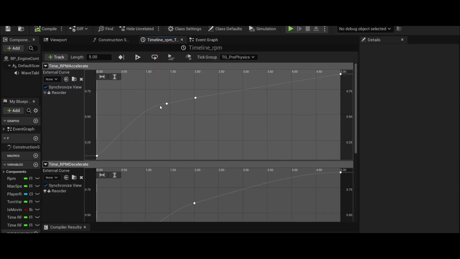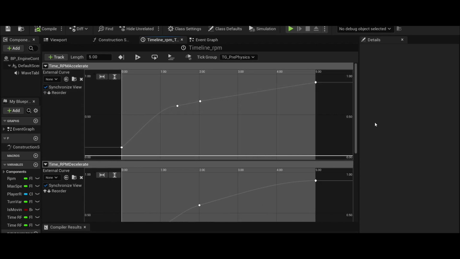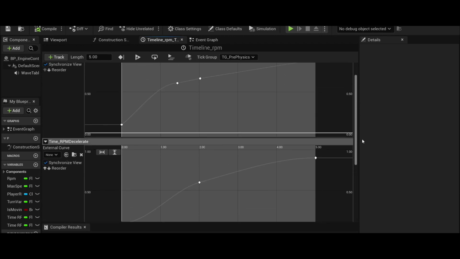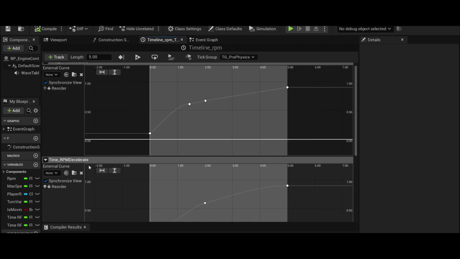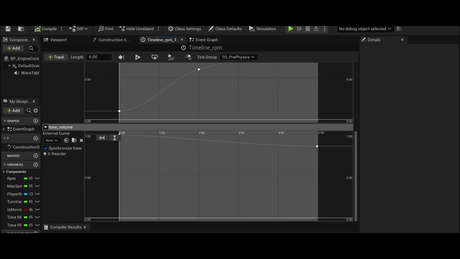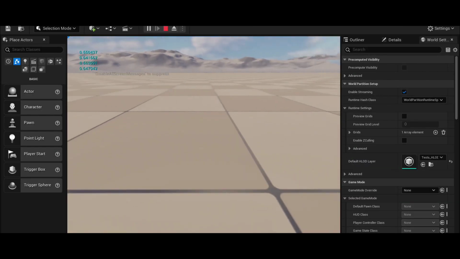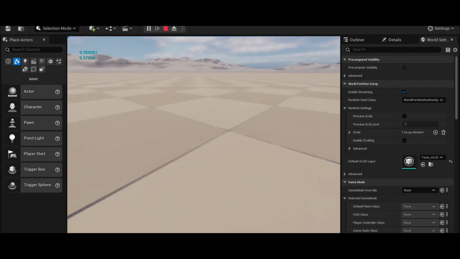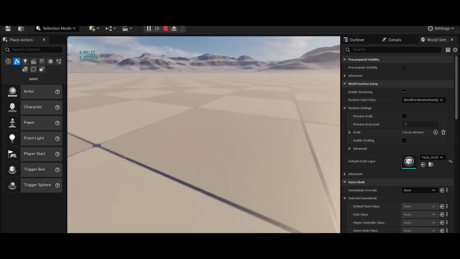The timeline allows us to draw curves, whatever the values we want to plot within the timeline. In my case, I have three float values for acceleration, deceleration, and volume. When the vehicle is moving, we set the values for RPM acceleration in a period of 5 seconds. When we stop receiving player input, the engine will no longer continue accelerating, and it will start decelerating. The timeline will play in reverse, and we will get float values for deceleration based on our previously drawn timeline